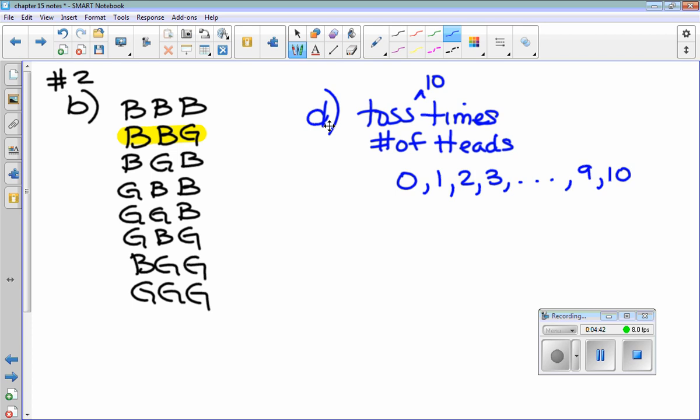Okay, C? Okay, let's go back to C. Now, it's important to know that those outcomes are not equally likely. Right? You know that getting 10 heads in a row is probably extremely rare, right? But maybe getting 1 or 2 might be pretty common. So the further out you go, the